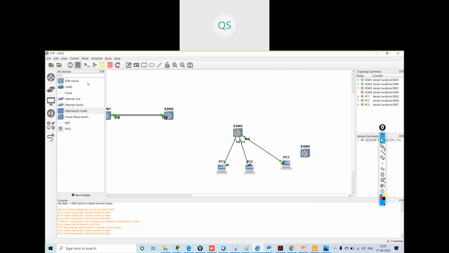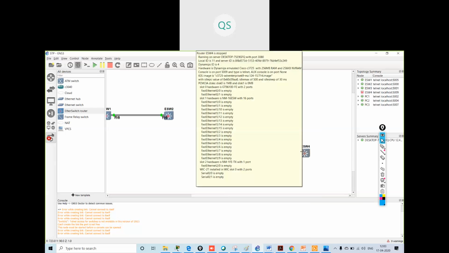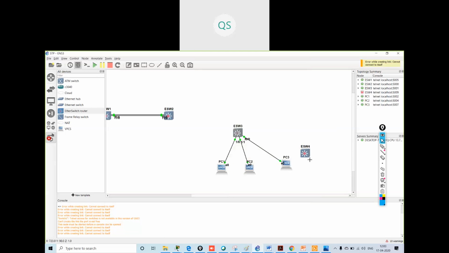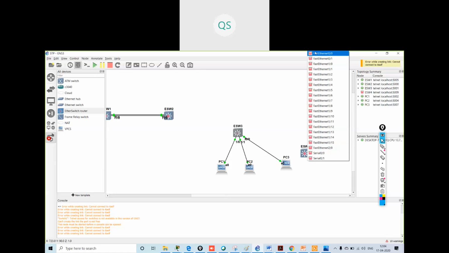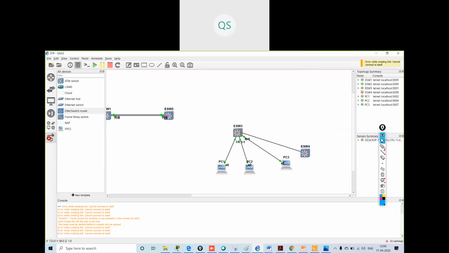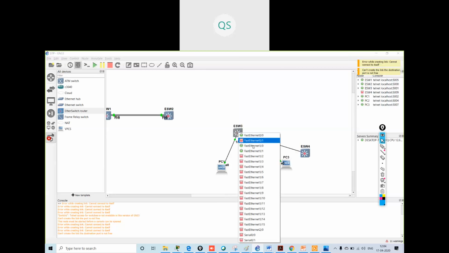Now I will try to connect this port, FastEthernet 1/2. If I connect it, what will happen?